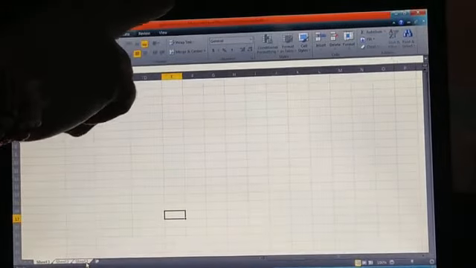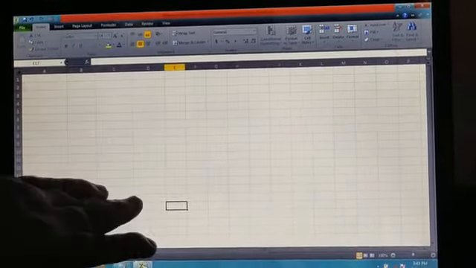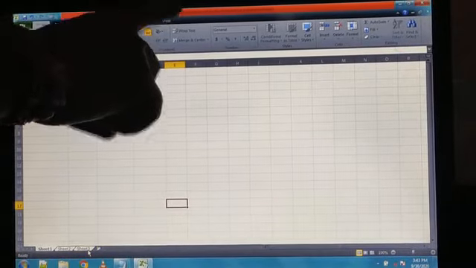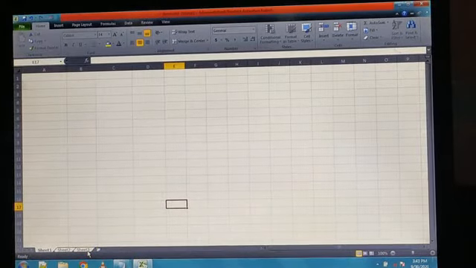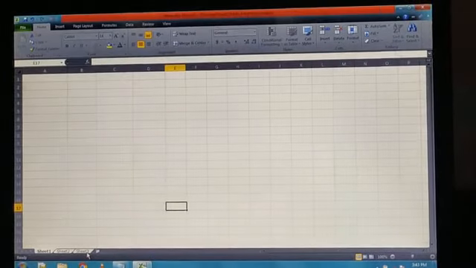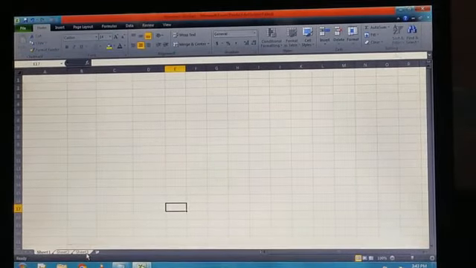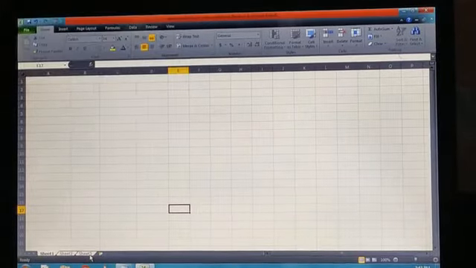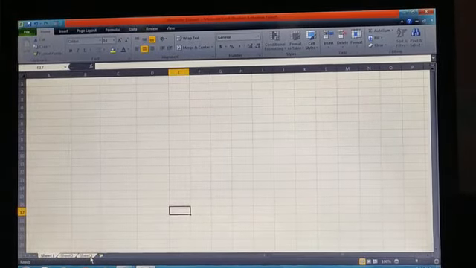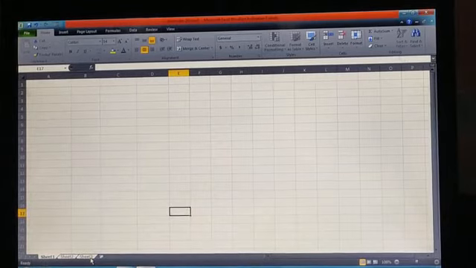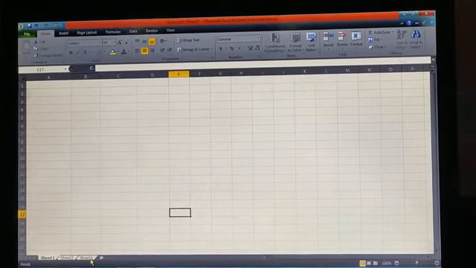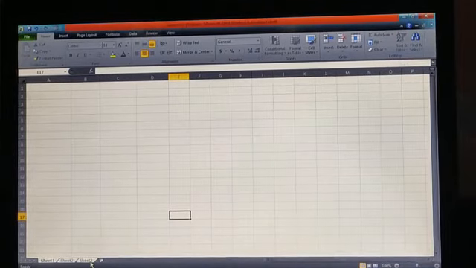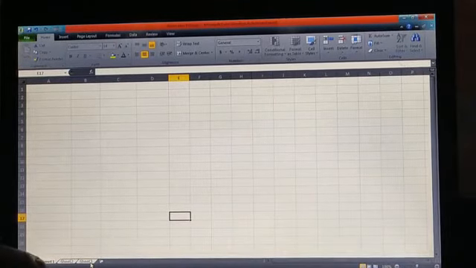So after clicking that, you can see that all the 3 worksheet tabs have become white and the word Group appears in the title bar. It indicates that sheet 1, sheet 2 and sheet 3 are grouped together. You can see that. Okay, there is a word that is Group. So you have to enter the data in the group worksheet, that is sheet 1. This is sheet 1 that is auto selected.